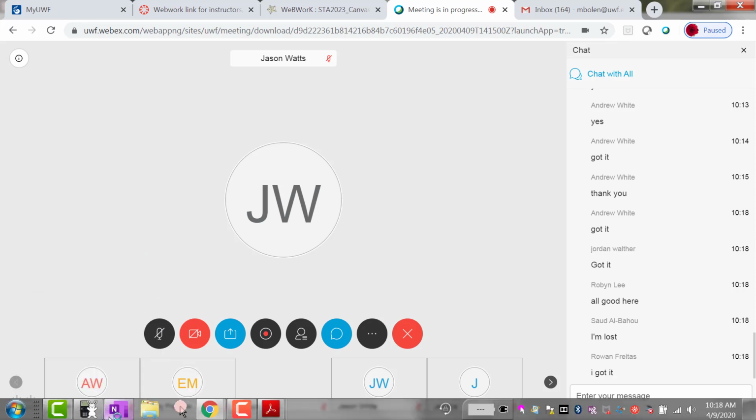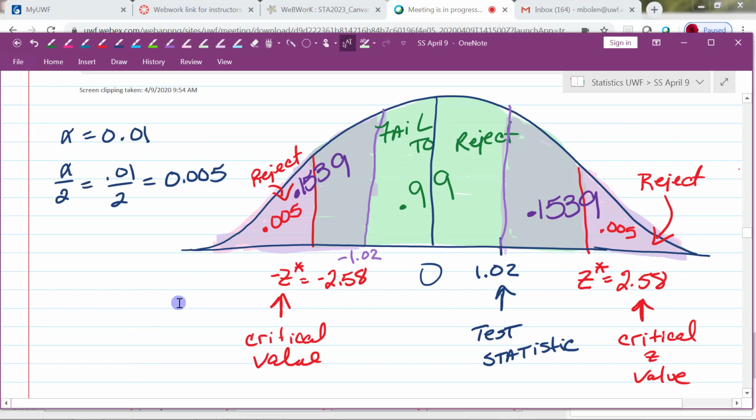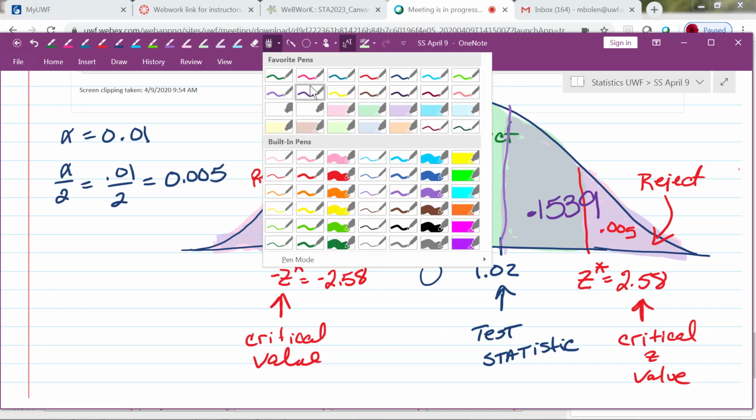Okay. So I'll repeat it one more time. Your p-value is based off of your test statistic. So you have to look up your test statistic right here, find the area under the curve. Because it's a two-tailed test, we have to do a right and a left area. So to calculate our p-value in that case, it's going to be equal to